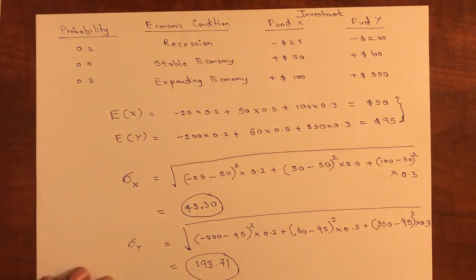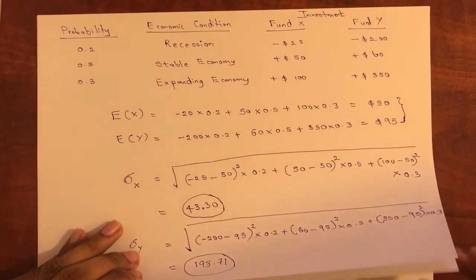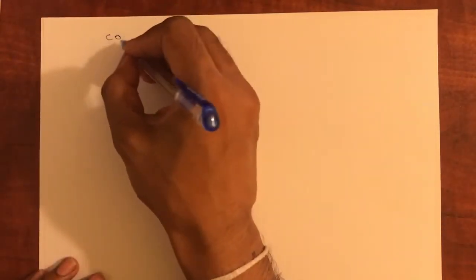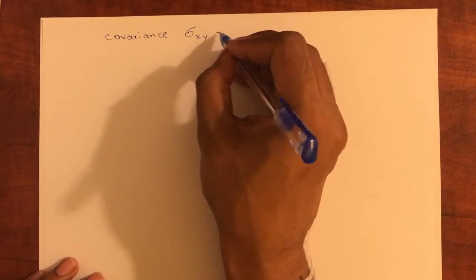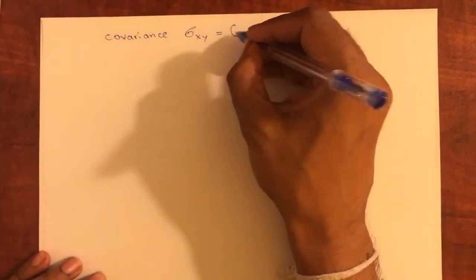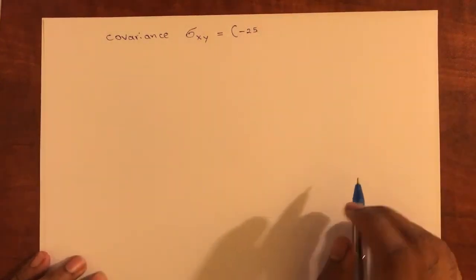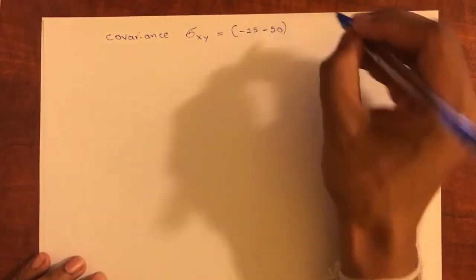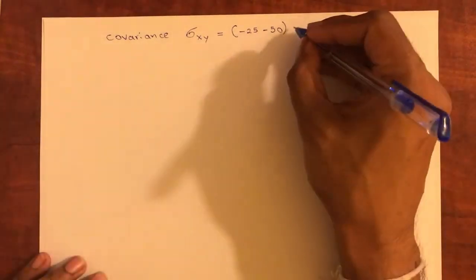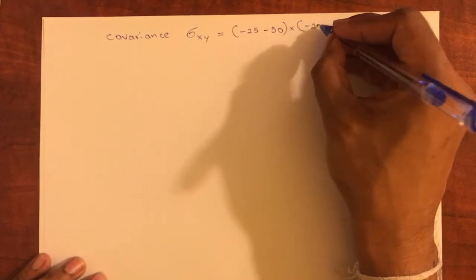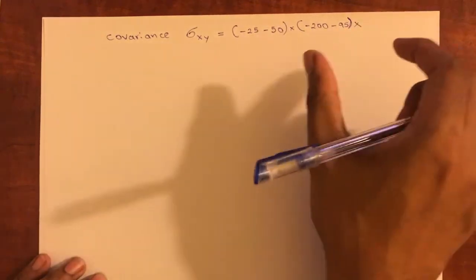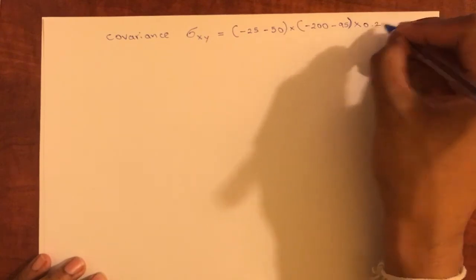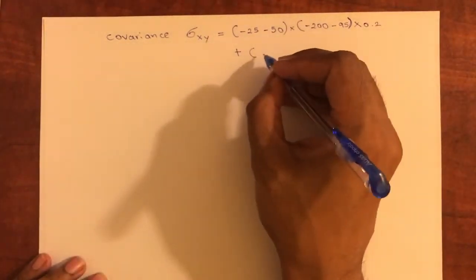Now, we can also calculate the covariance, that is to see what is the relationship between Fund X and Fund Y. So, let's calculate the covariance, which is given by sigma xy. How do we calculate this? You take the first data point negative 25, deduct the expected value of x, this is the first data point pertaining to x, times the first data point pertaining to y, minus 200, you deduct the expected value of y, 95, times the probability associated to those first data points, 0.2, plus the second data point pertaining to Fund X